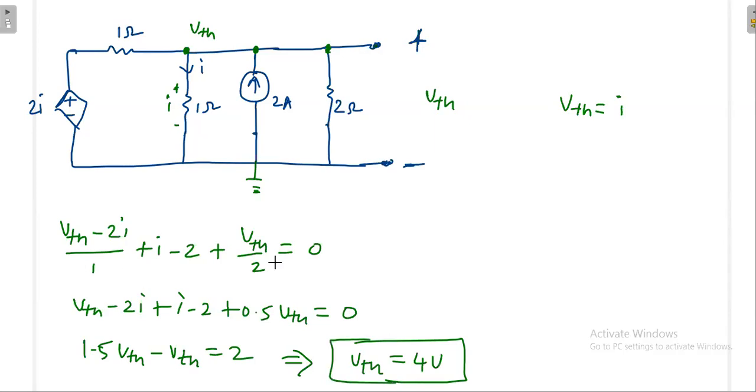My aim is to find V Thevenin and the short circuit current. With this circuit, I have removed the load and found out V Thevenin. This terminal is like the XY terminal. Across that XY terminal, you are finding the V Thevenin open circuit voltage. Next, I will take the same circuit and make a short, because I have to find the short circuit current. We have just found V Thevenin is 4 volt. Next, I will take the same circuit and apply the short circuit, to find the Norton current, the short circuit current. You take the same circuit.